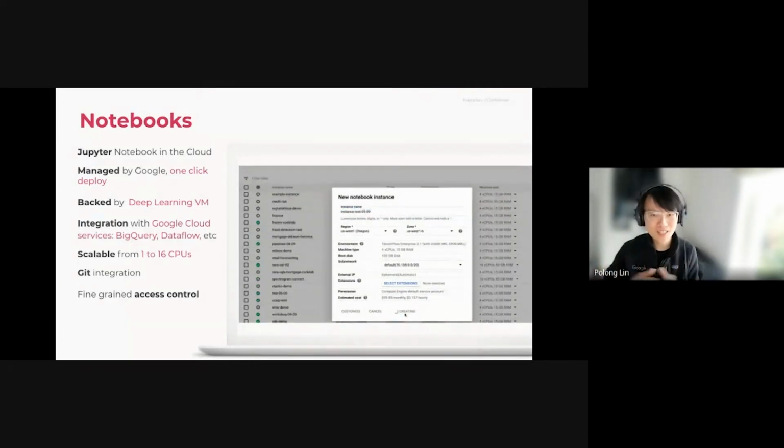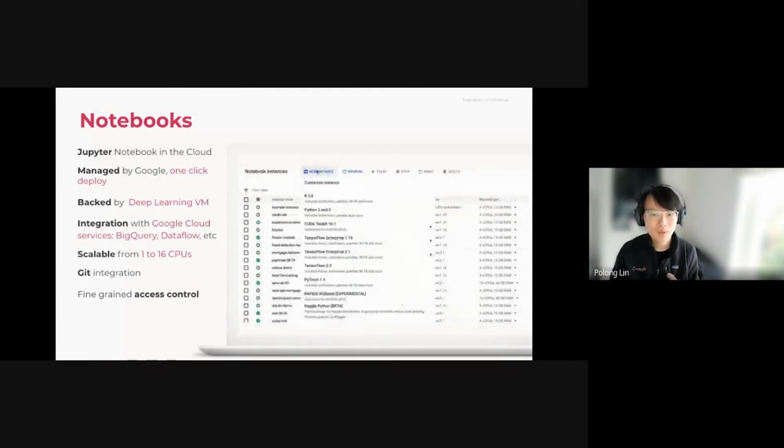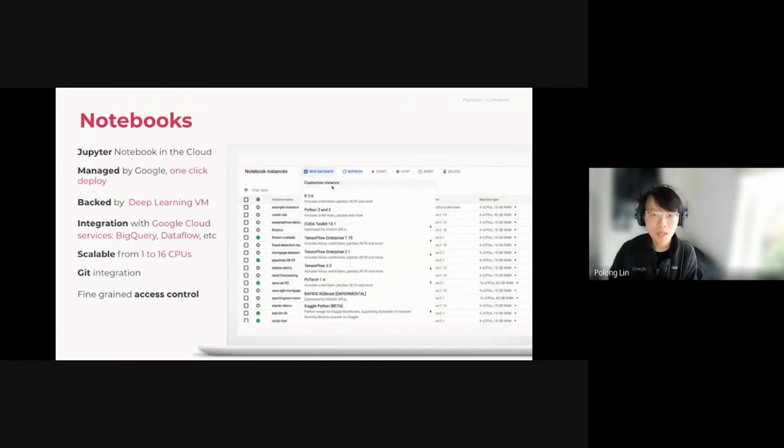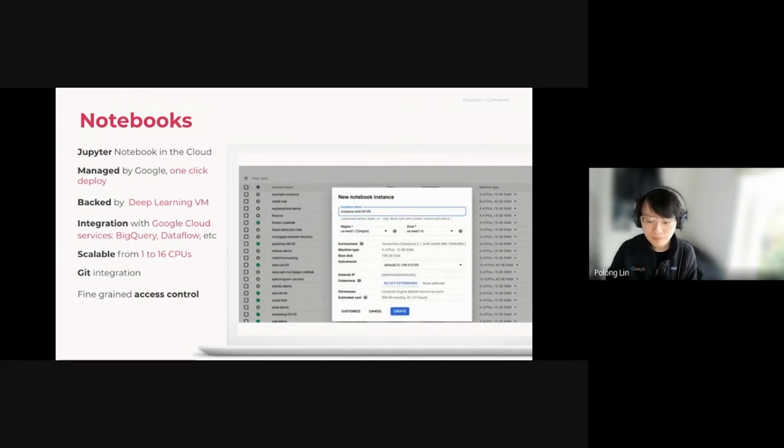There's a lot of range of capabilities here. Whether you want a certain number of CPUs or GPUs, you can customize it by a click of a button. There's integration with Git and full access control embedded as well. I'll give a quick demo of this after this session.